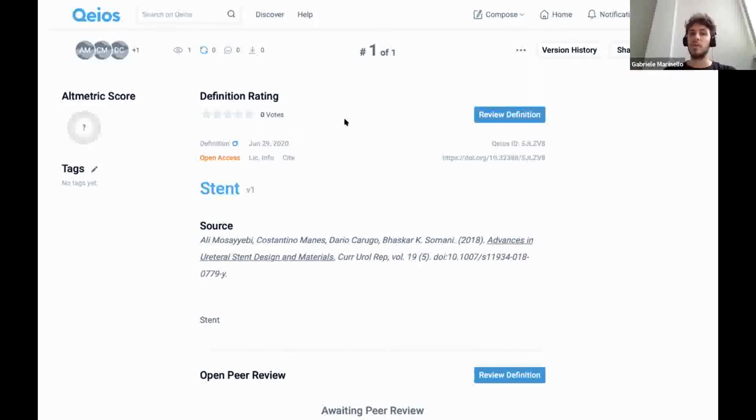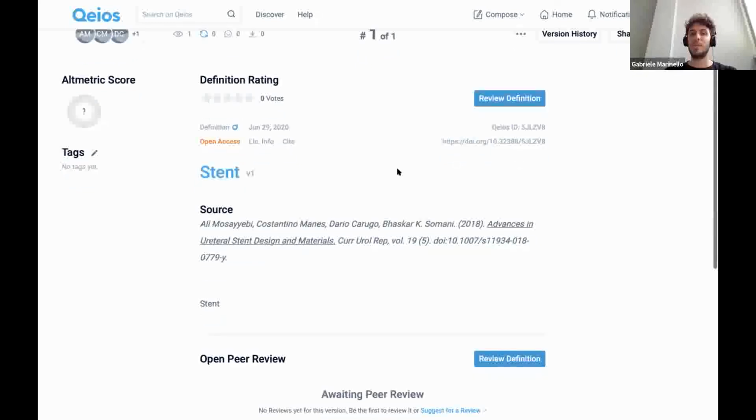You need to use this definition in the same way that you would use a citation. So you can definitely copy paste, you can quote something that was said in a research paper just by citing it, right? It's the same with definitions.